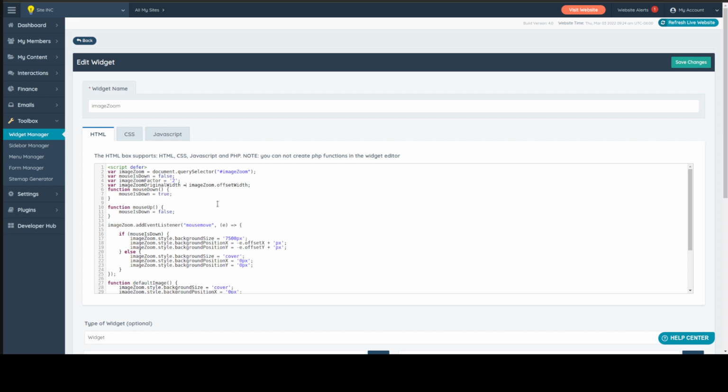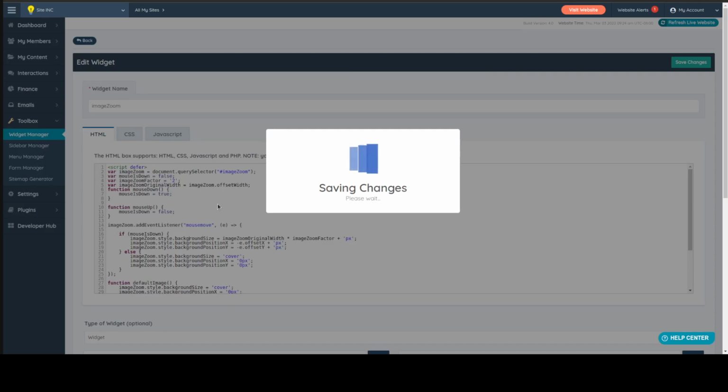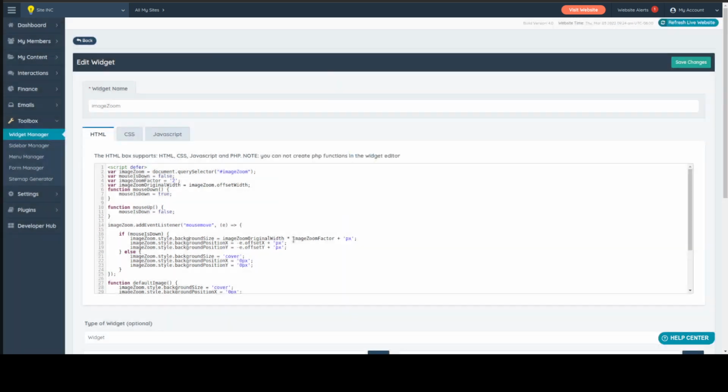Original width for it. So now that we have this here, image zoom original width, we are going to play with this. This 750 that you're seeing here is basically static; we're going to change it to a dynamic value. So we're going to put here this times the zoom factor plus px, because of the pixels at the end. We're going to leave it like that for now because we need to test if this is actually working with a 2x thing